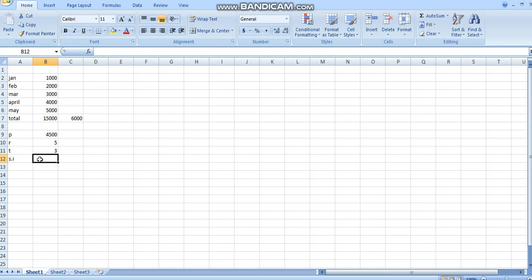Every formula starts with equal to. Then I'll select principal, into, the rate cell. Multiplication is the asterisk given there. I'll select that. Then rate, then divided by 100. Okay, I'll press enter. It is 675. Now it is a compound formula. What is a compound formula? Where more than one operator is used, like here we have used 2 operators, that is multiplication as well as division.